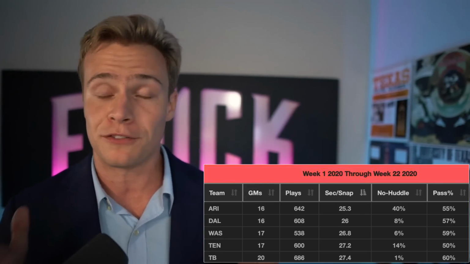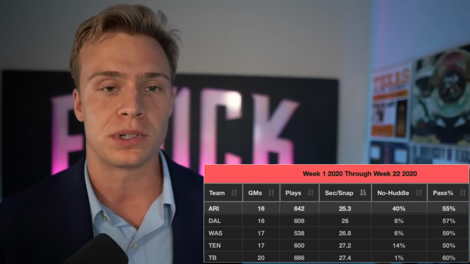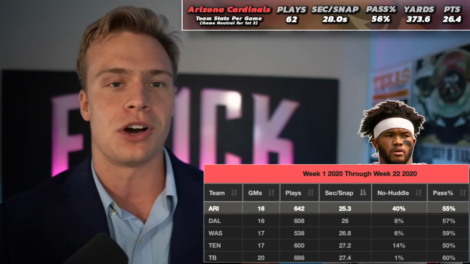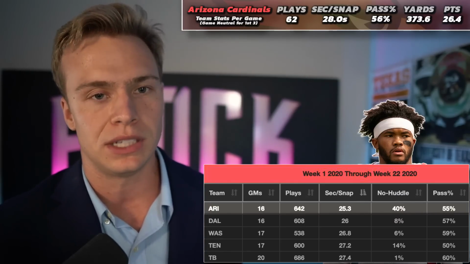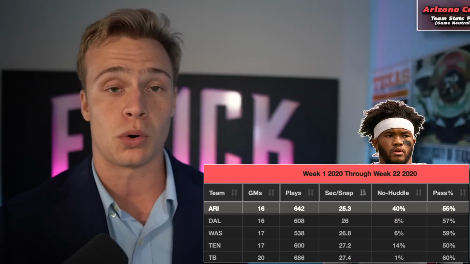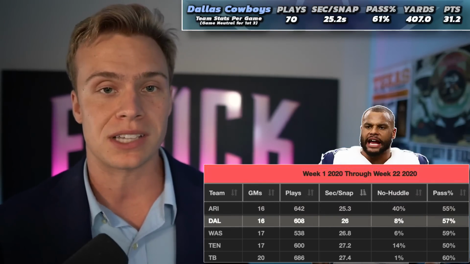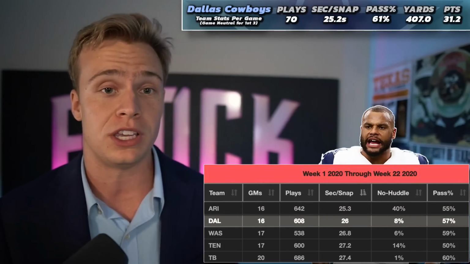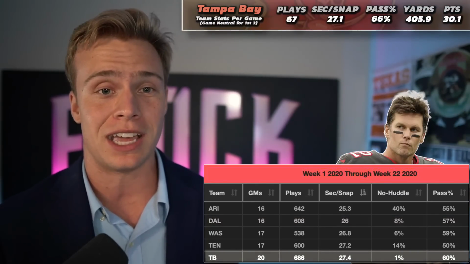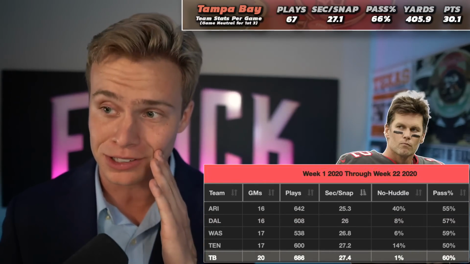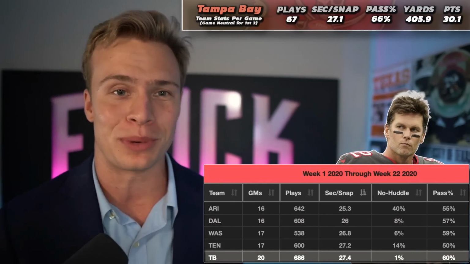It's a horrible team, but if you're pushing the pace of play, you will be productive. So let's ignore Arizona with Kyler Murray putting up a mid quarterback 1 season, a top 5 wide receiver season in DeAndre Hopkins. Let's ignore the Dallas Cowboys, where Dak Prescott was by far and away the quarterback 1 before he goes down to his injury. Let's possibly ignore the Tampa Bay Buccaneers, because they had Tom Brady if they're going to put up production. But I will say Ronald Jones was even a top 24 running back.